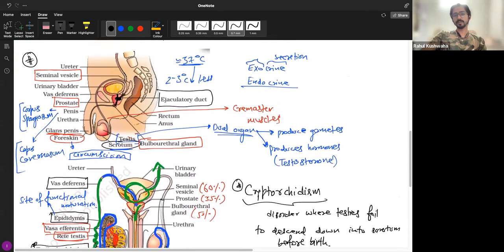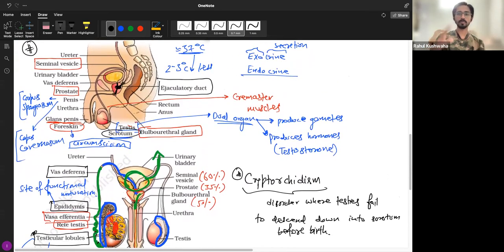And in general, whatever I taught you today, you have to go back, open your NCERT, look at this diagram and make your own notes. Read that passage from NCERT and be thorough. If there is anything that you did not understand, please bring it up in the next class. In the next class, I will start with meiosis, mitosis briefly, then we'll go to spermatogenesis.